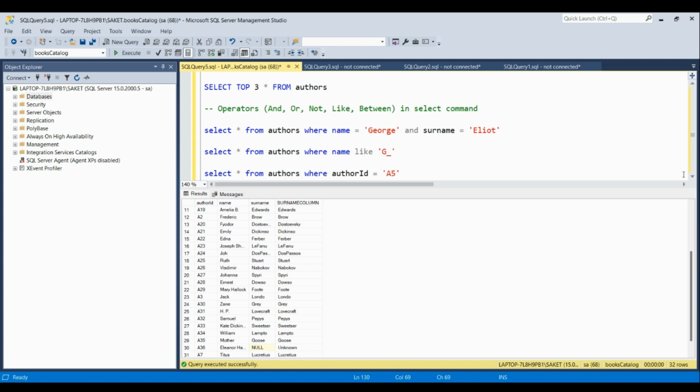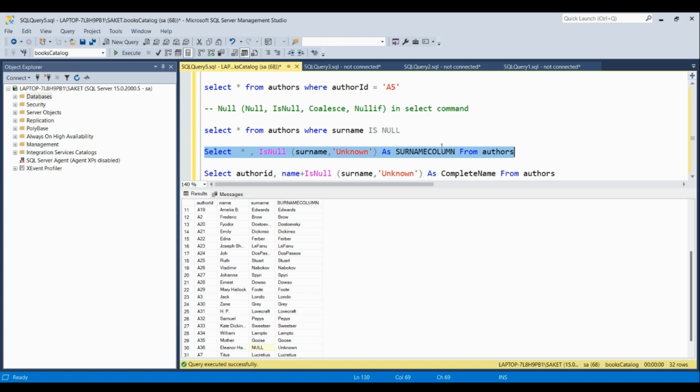This command is making one more column, keeping all the values from the surname column where a value exists, and where no value exists, like here, it replaces it with unknown.